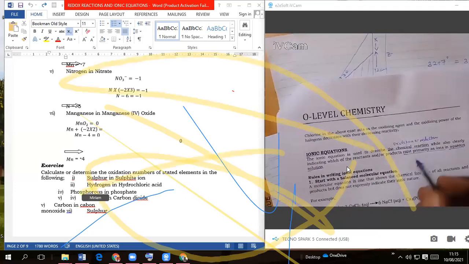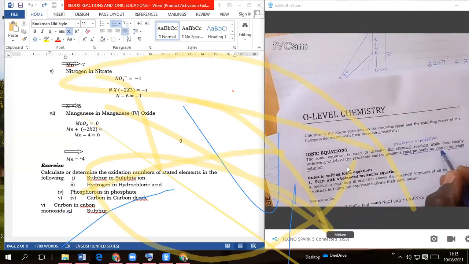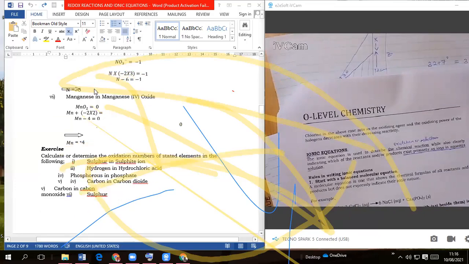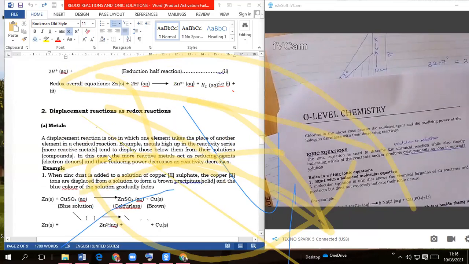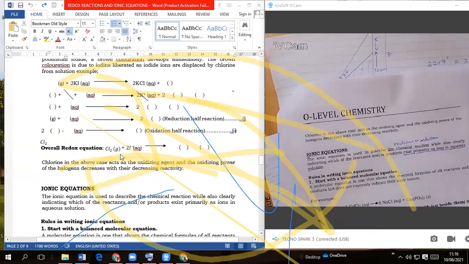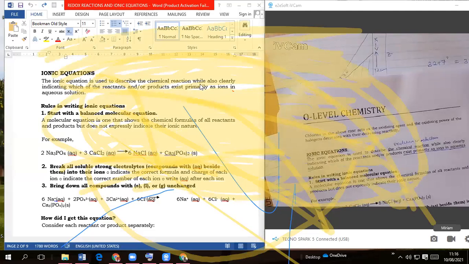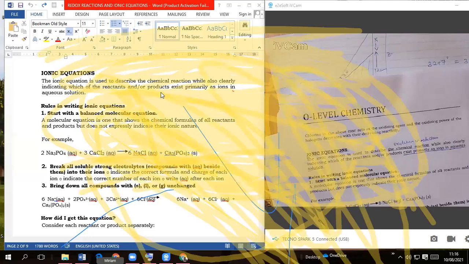So if you cannot derive the ions present in an equation, then it is high time we go back to the ions and we look at them. So this is what I mean. The ionic equation is used to describe the chemical reaction. Then also it indicates